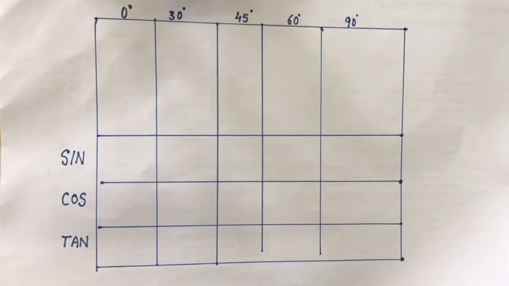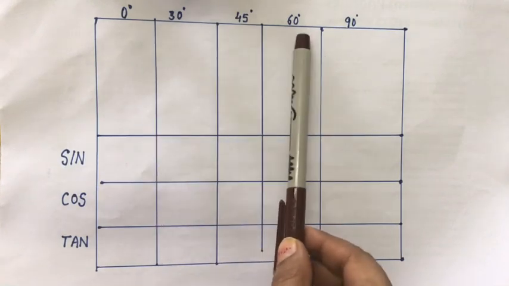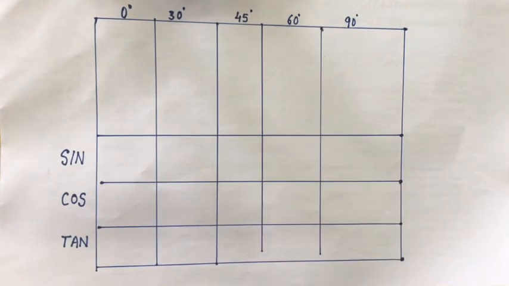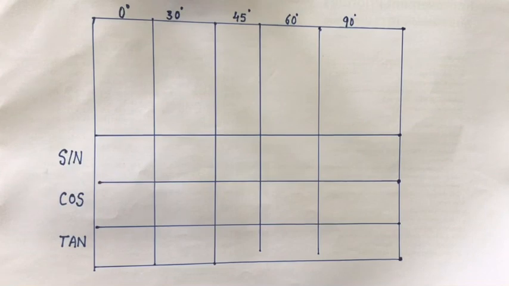Hello dear children, in this video we are going to write the values of certain trigonometric ratios of given angles. Angles are 0, 30, 45, 60 and 90 degree. This year in class 9th you will be using only cos in physics, but if you learn this table it will be very useful in class 10th also. So let's learn how to write it.